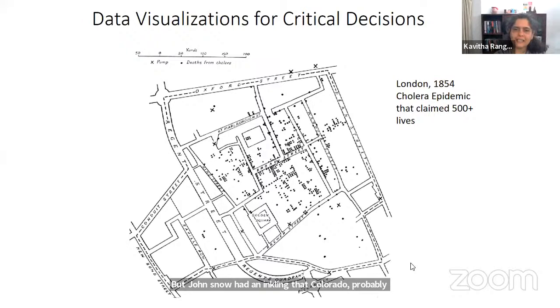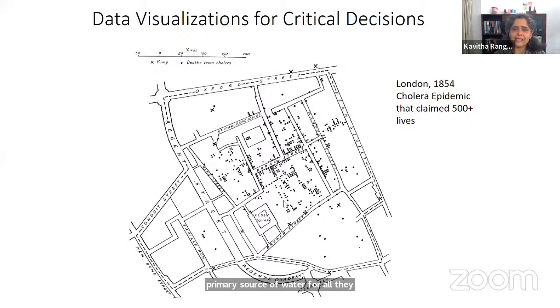And he started plotting this map about where the different casualties were occurring. So if you see all these different dots, you can see that each dot over here is marked by one person who actually died due to cholera during this current epidemic that he was actually marking. And if you see these crosses over here, these are water pumps. So these water pumps were their primary source of water for all their needs, including drinking.